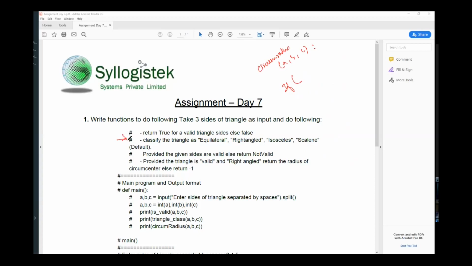I will be using the classify triangle function. It returns strings: equilateral, right angled, isosceles, scalene. So if classify triangle with the 3 parameters A, B, C equals right angled,